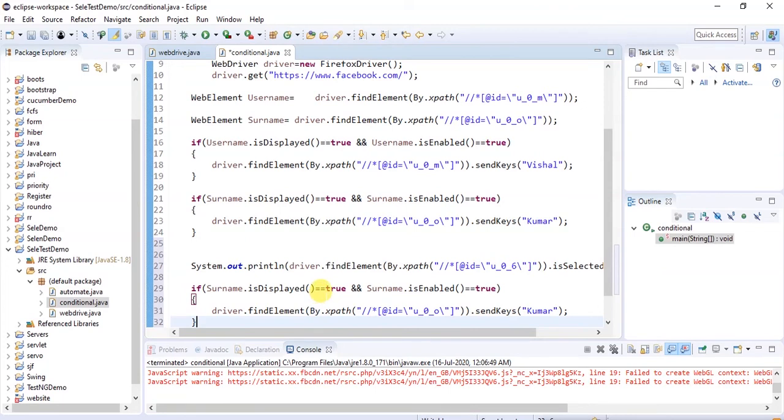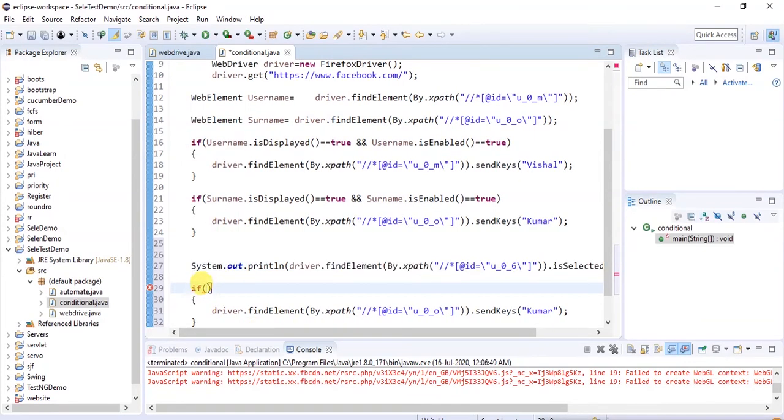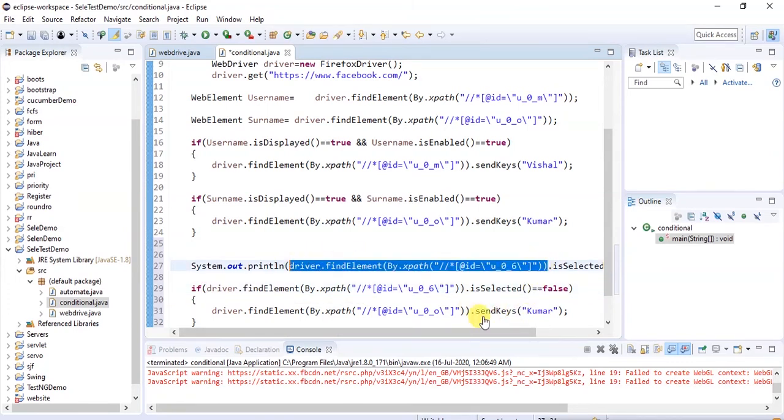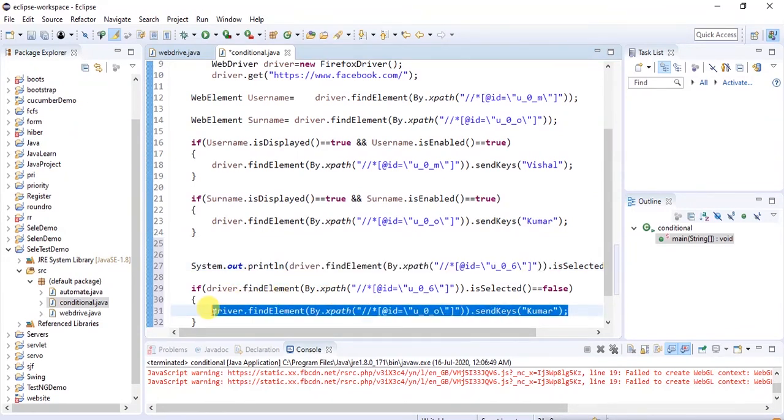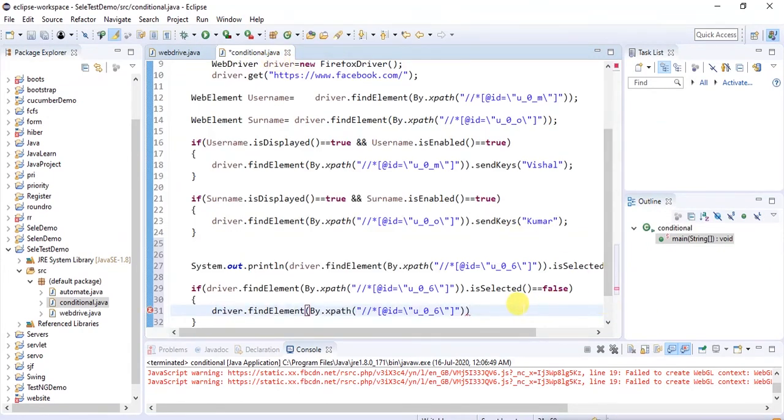If this element is selected, for that you can simply use this complete command instead of changing it to a WebElement, and if it is false, then what it should do is click and make the selection. Use it dot click, so we will click this element if it is not selected. Now simply run this code and let's see what the output is.